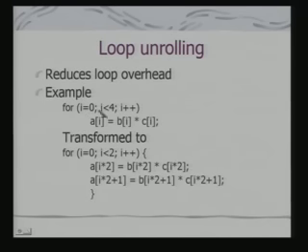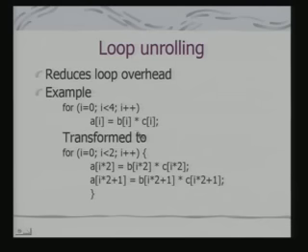Loop overhead comes from this statement, because this statement will be translated to a set of machine level instructions. Those instructions have to be executed each time the loop is executed. If I can reduce the number of those instructions, or the number of times they are executed, then I can reduce the loop overhead.